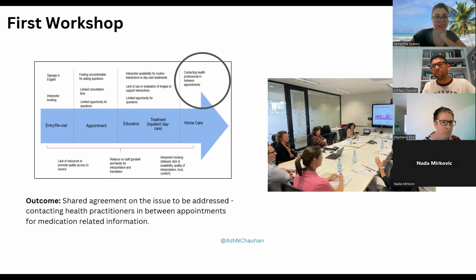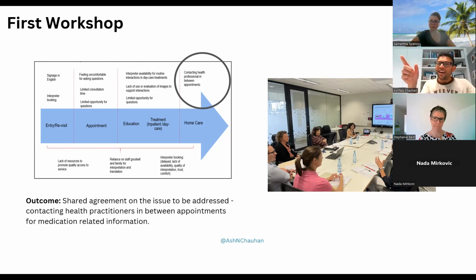that had been identified by the health service staff and by the consumers, and through our work in the systematic reviews, to give a range of problems that could be addressed at that particular site. As you can see, I acknowledge that the arrow would make more sense as a round cycle, because it's a cycle from entry to home care and then back to revisit.